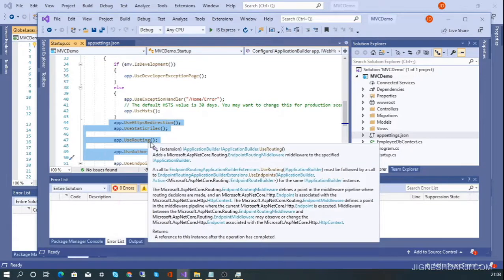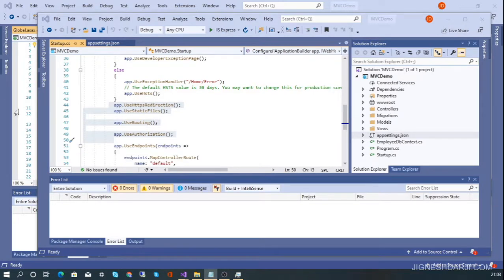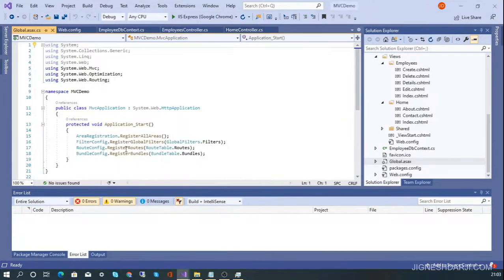The routing means you are using the extension method that adds the routing, the same things that we implement as route configuration in our typical ASP.NET MVC project.